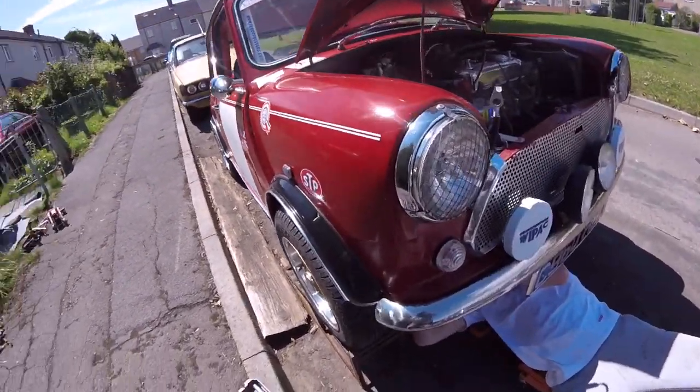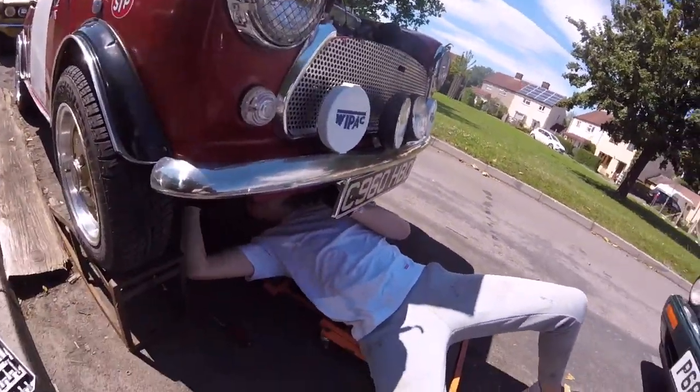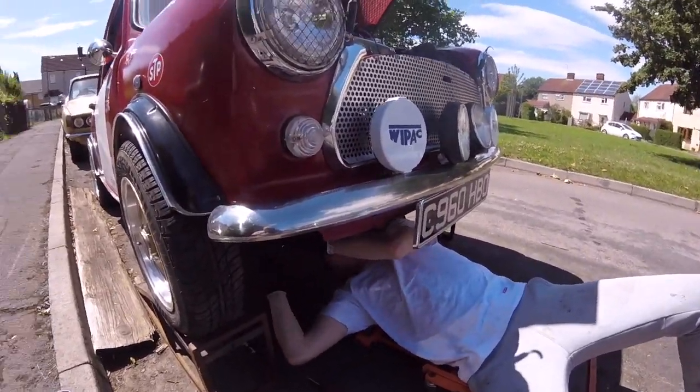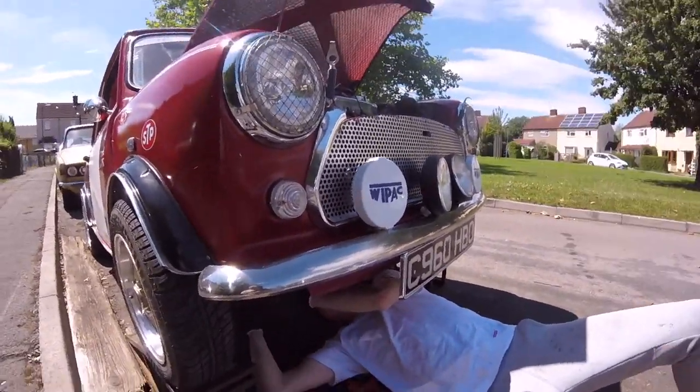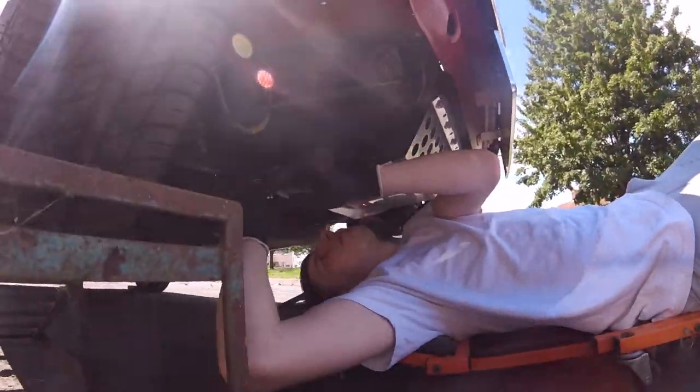Hello everybody, welcome back. I'm still getting used to this GoPro, but I'm trying to figure it out. Modern technology stuff. I'm just going to set it up because he's taking off a sump guard so we can get out the oil filter a bit more easily. So, I think if I put it there...